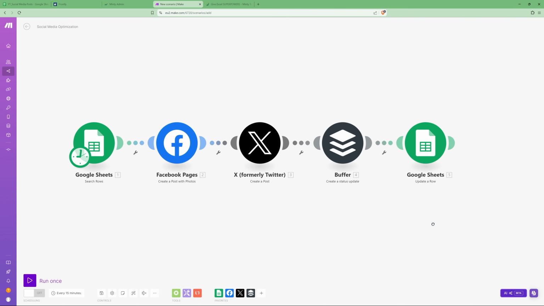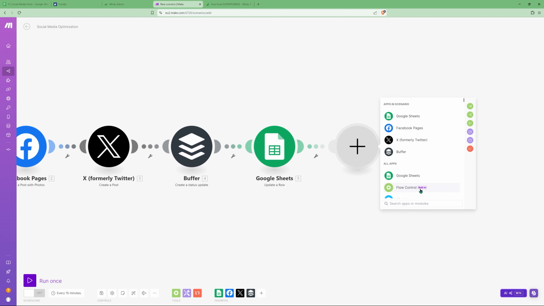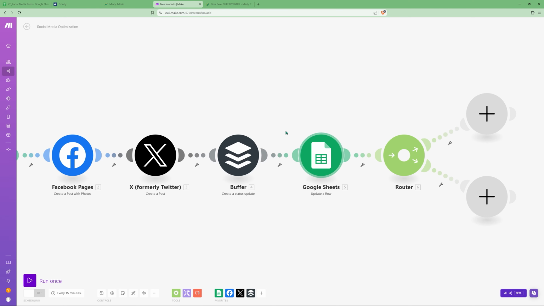But I also want to make sure that I get notified whether this worked or not. So I'm going to add a flow control, a router, and we'll have 2 paths. One will be an email that we'll get if there's no error, so if everything went fine. And the other is an email we'll get if there were some errors. And we'll also add error handling for those, just to make sure that we can see here which one caused